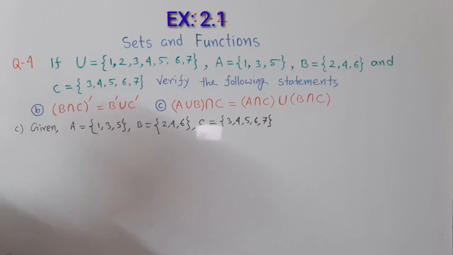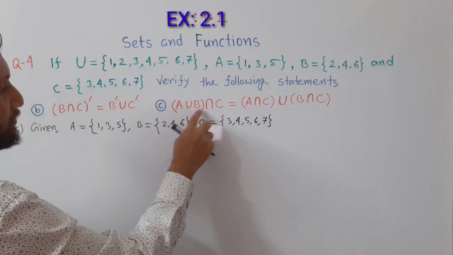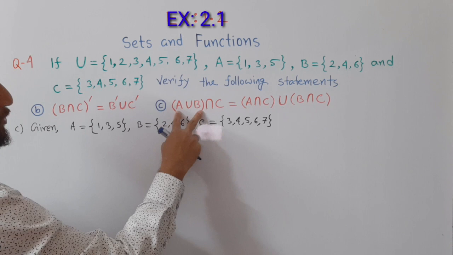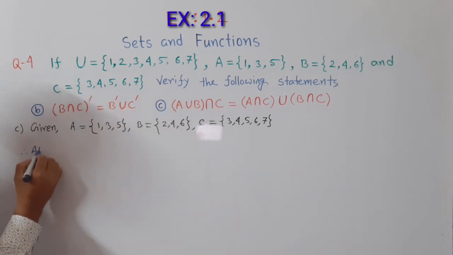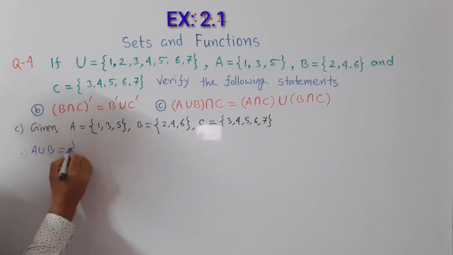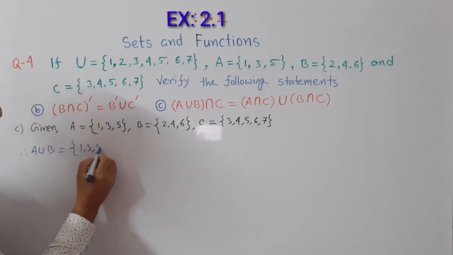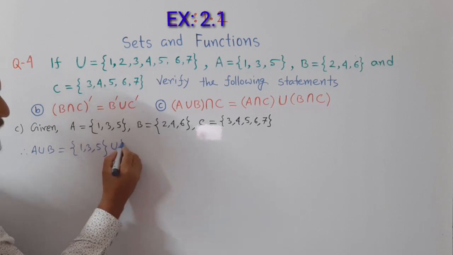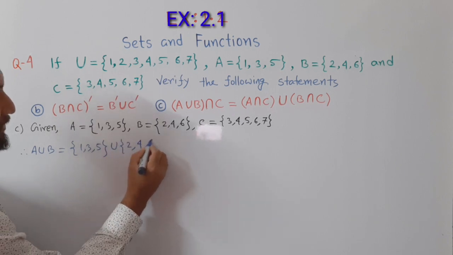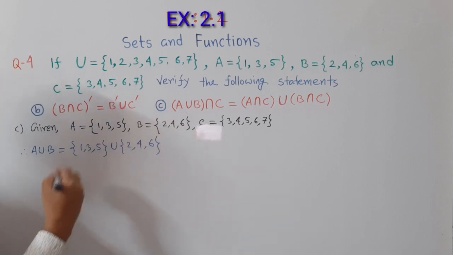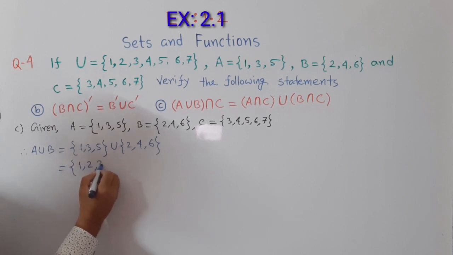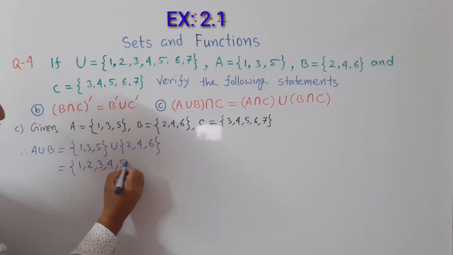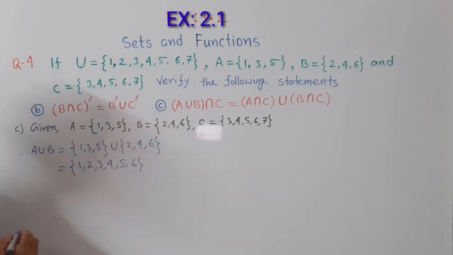Now from left hand side here, see that A union of B intersection of C, that means firstly we have to identify A union of B. So now A union of B. So write down A set 1, 3, 5, and then union of B 2, 4, and 6. So we know union, that means common and uncommon set. So at first write down all the elements. So 1, 2, 3, 4, 5, and 6. Okay, this is A union B.